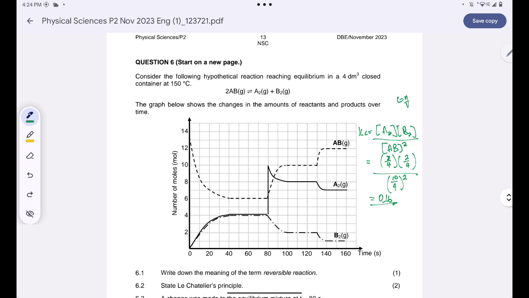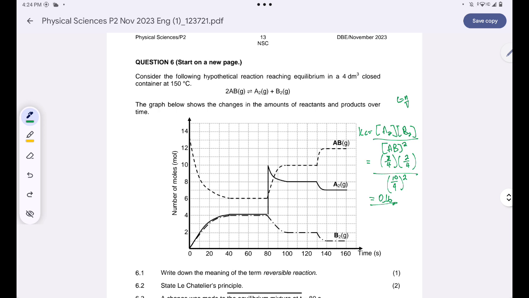Whenever we decrease the temperature, we end up decreasing our products but increasing our reactants. Together we can see that our products have decreased here, but the reactants have increased. So what has happened was that